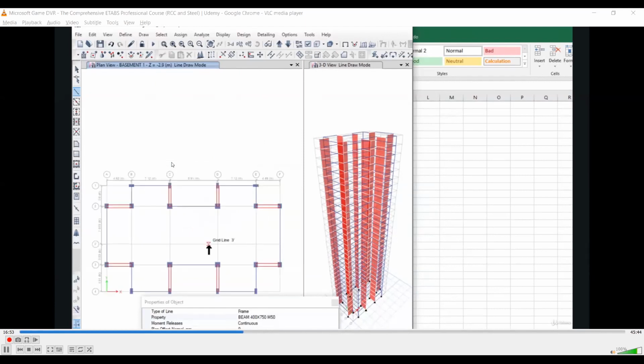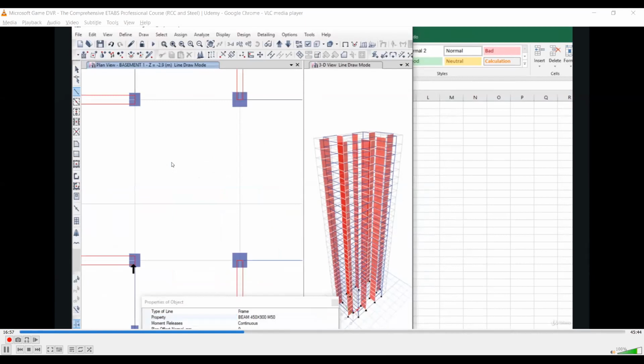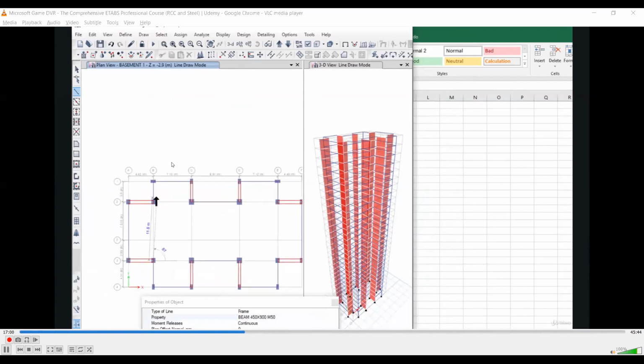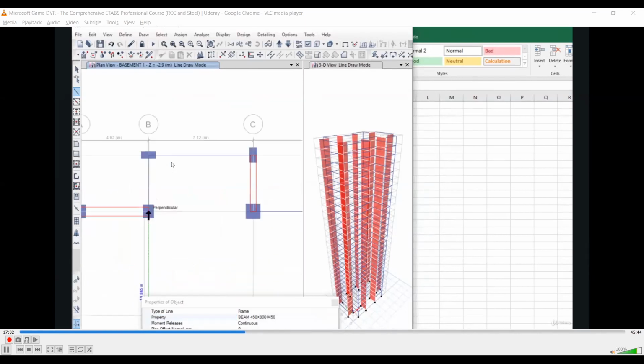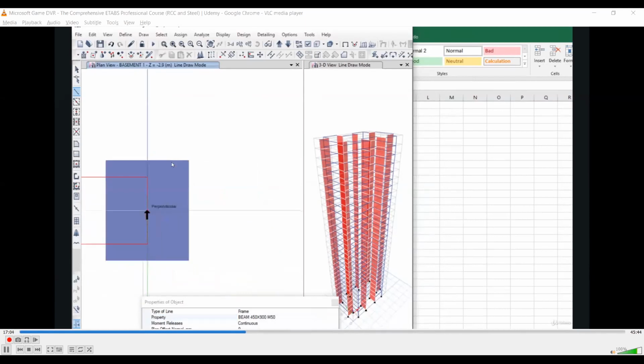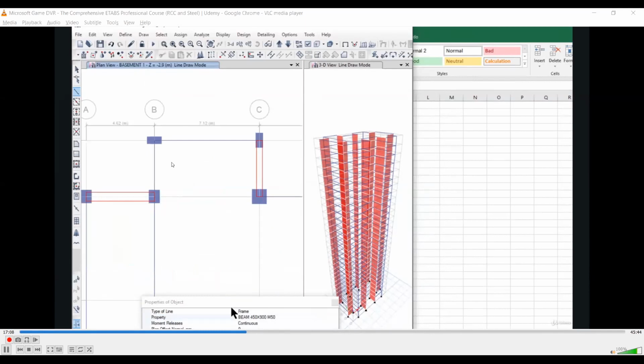So now we have drawn all the peripheral beams in our model. After that, we need to draw this 450 into 900 beam. Always take care to snap on the grid intersections.